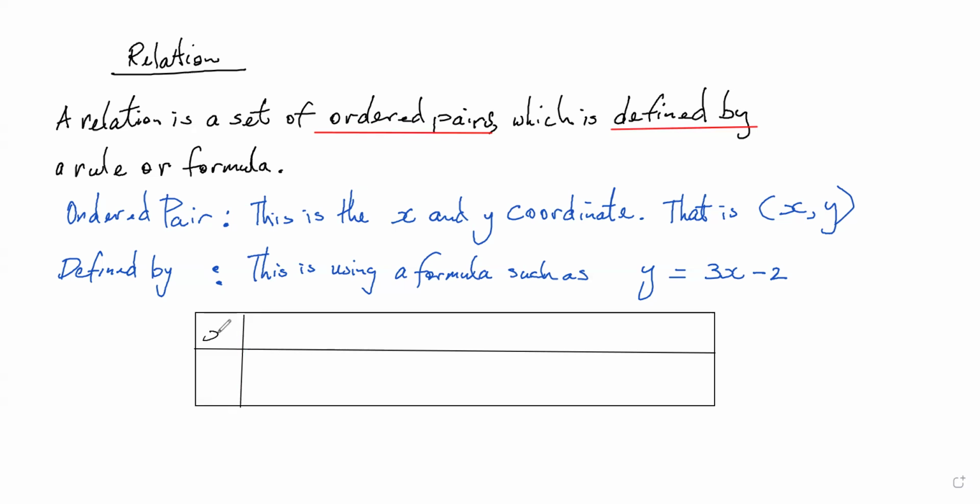So we have x values and we have our y values, right? It's producing a pair. So let's start with